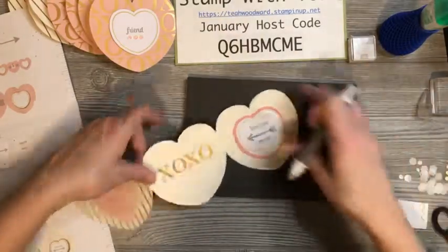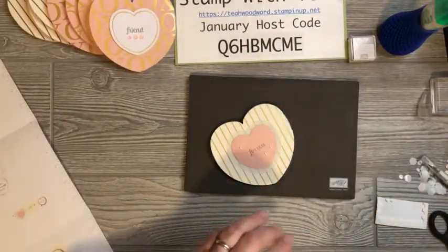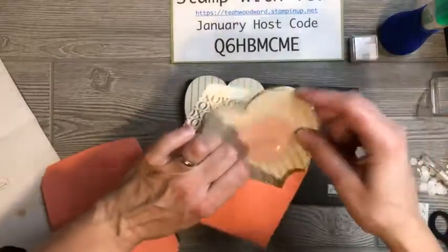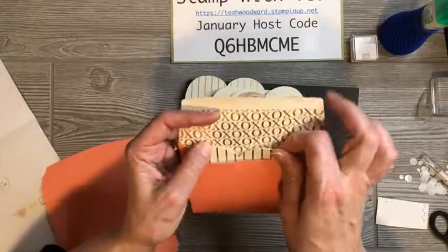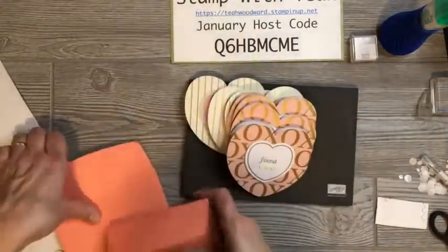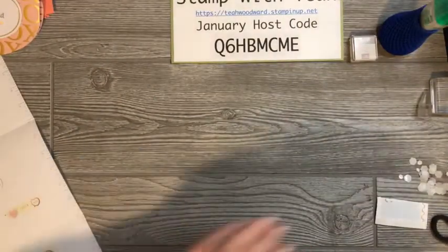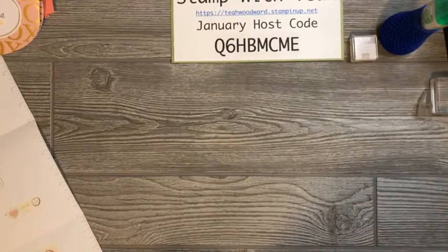All right, so there are the Valentine kits. I did 4 instead of 5 of each so that I could show you some alternatives. So just to show you, these fit in these envelopes very nicely. Let's see, probably this way. There we go. And like such. All right, so setting that to one side. I am not going to do the alternative tonight because we've gone over in our time, but I will do these tomorrow and